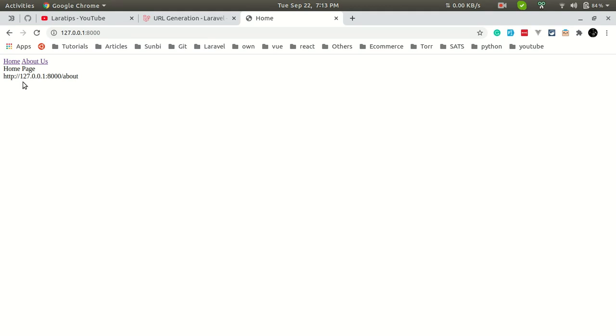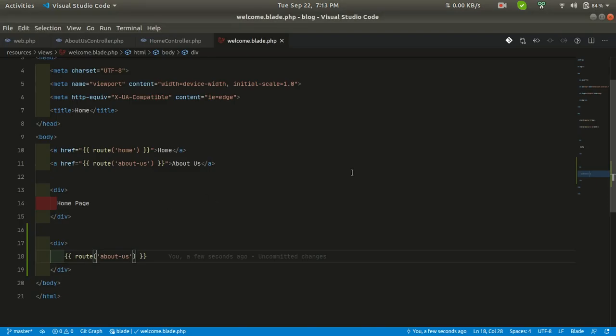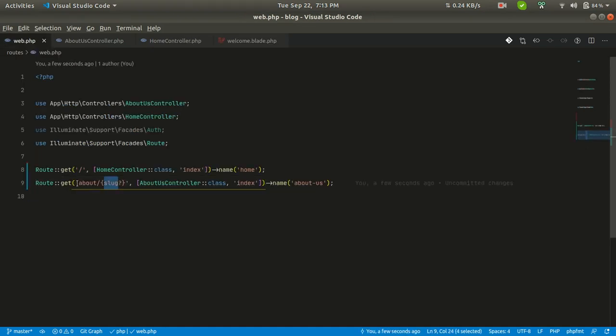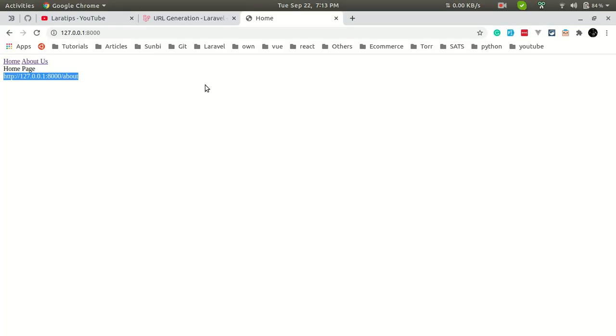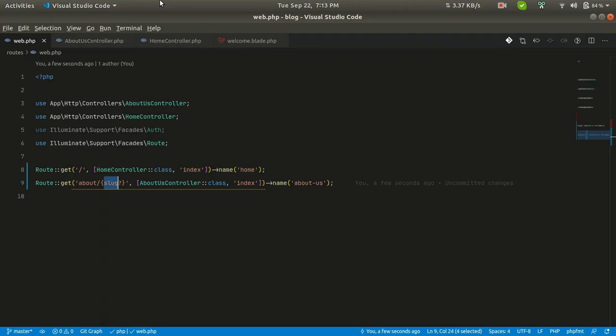It will show us the same about URL. Now if we pass slug as English, then what happens? Since it is expecting slug here, it will insert this English inside this slug. Let me refresh this. As you can see here, it will insert the English over there.